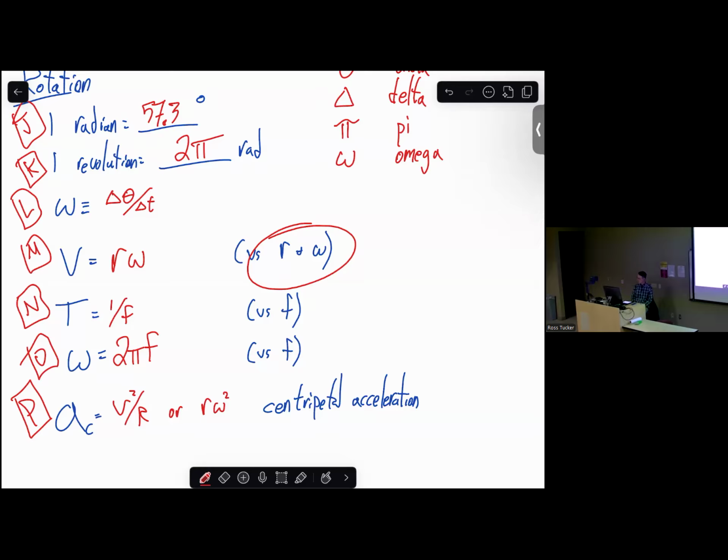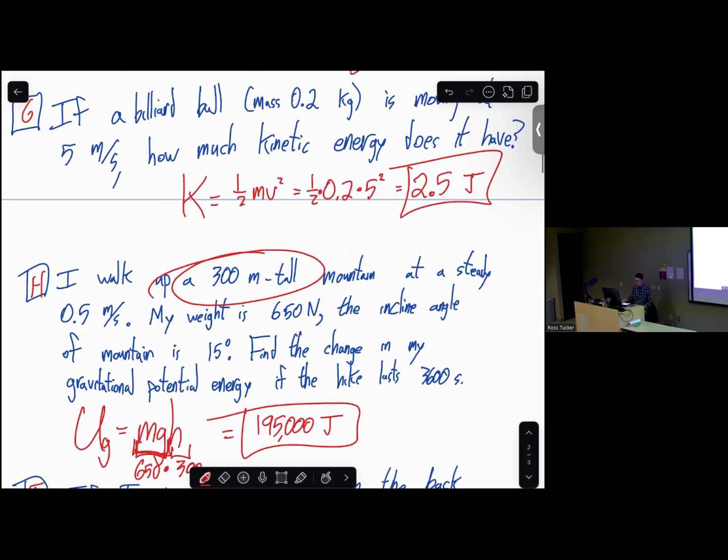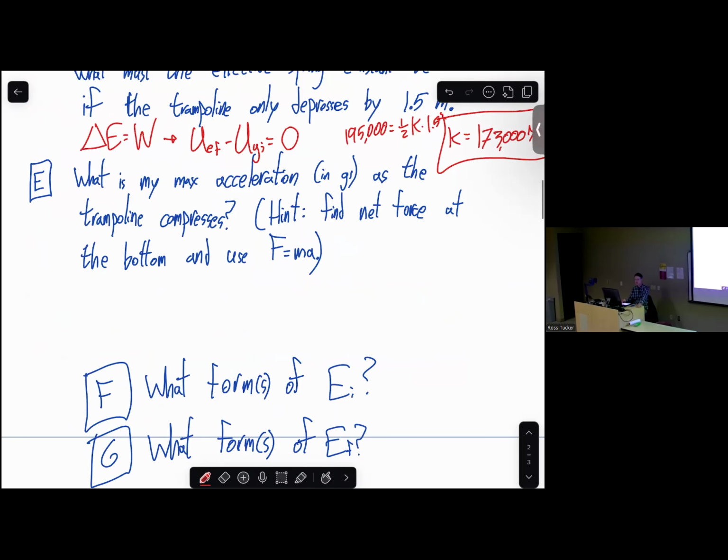Question. L and O the same? Yep. Yuppers. Yes. 10. 10 is rotation. 30, 30, 30, 10. Okay, shall we go back to, are you guys okay with those